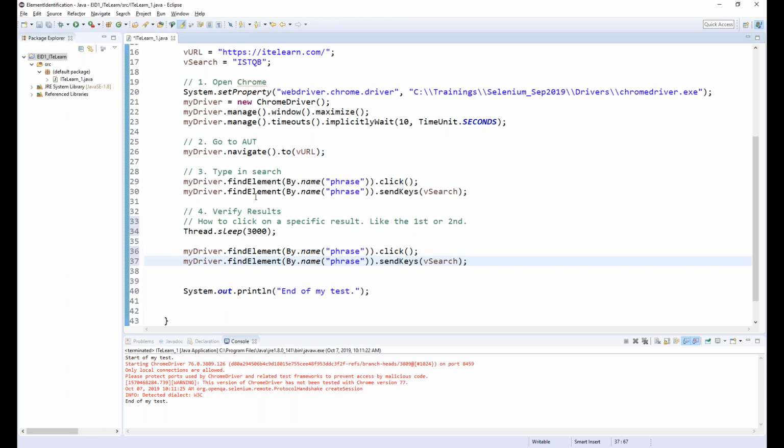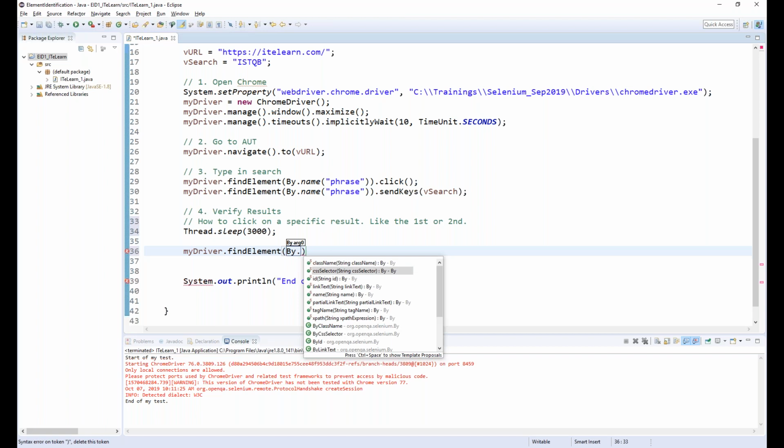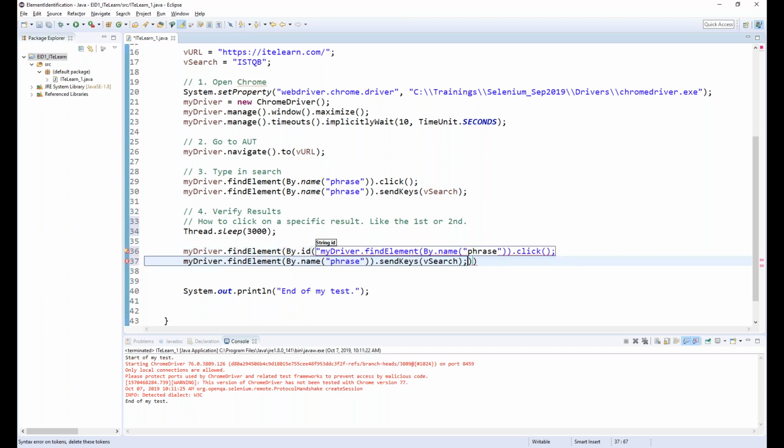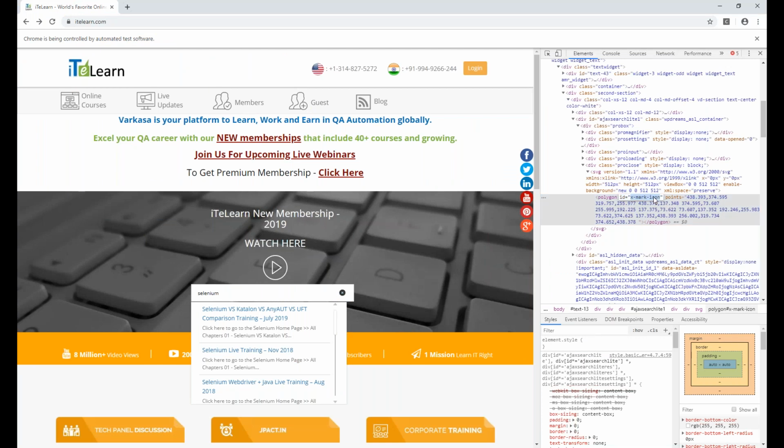So I'm copying that code because it is almost similar. My driver dot find element. Till there, yes, things are similar. By using what did you notice? It was ID, team. That was the methodology that we were using. So by using ID, now the value was X mark icon